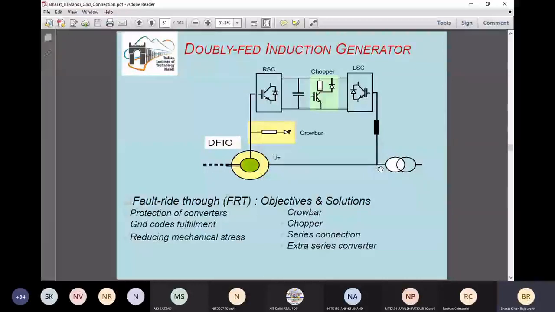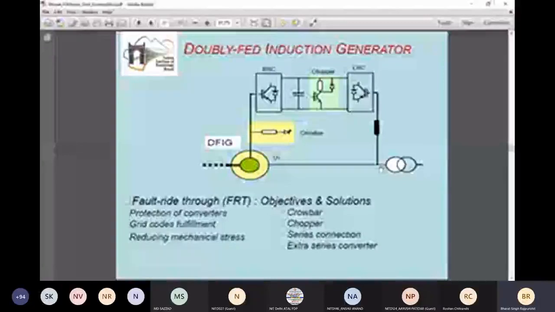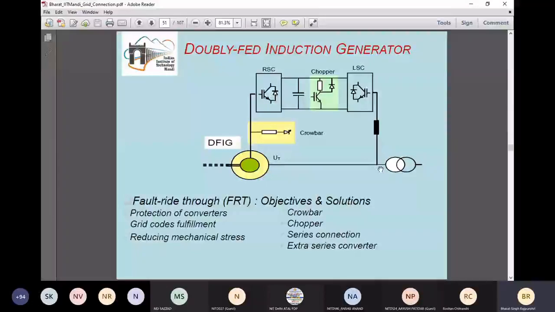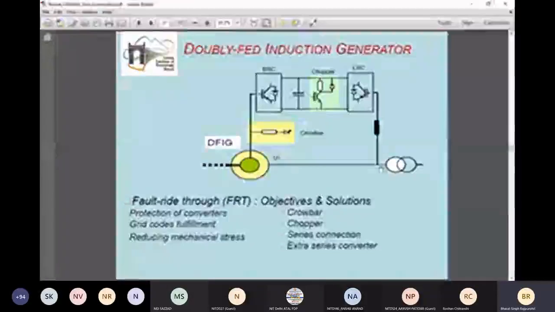As soon as the crowbar gets a signal and operates, the rotor of the double-fed induction generator is going to be short circuited. The rotor is short circuited by using this crowbar, and at that time the double-fed induction generator will become a simple squirrel cage induction generator, where the rotor is short circuited by the external resistances, and the semiconductor switches are able to control the currents from this rotor circuit, and hence it is able to dissipate the extra amount of current and the extra amount of energy in this rotor circuit.